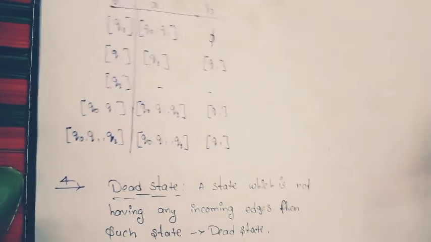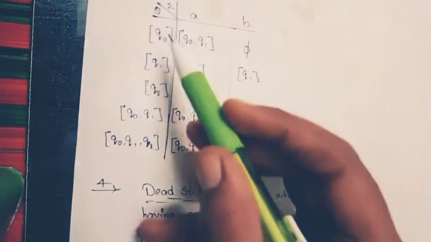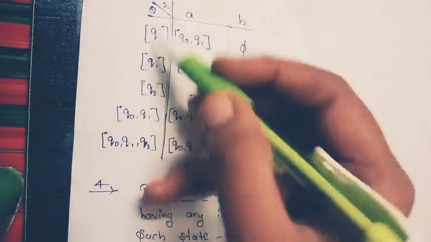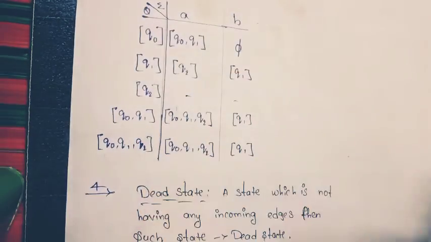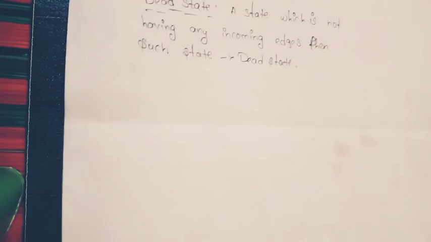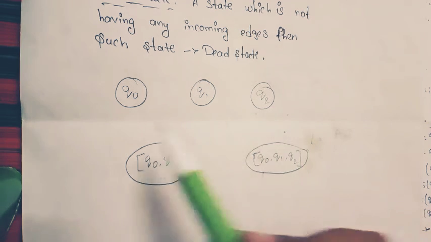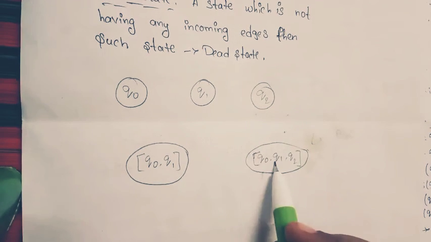Now let's come to the state transition diagram. See guys, how to draw the diagram means just write all these states. How many states do we have now? These are the 5 states we have. Let's see guys how to draw it. Just write the states first. See guys, these are the states. I just wrote them here.